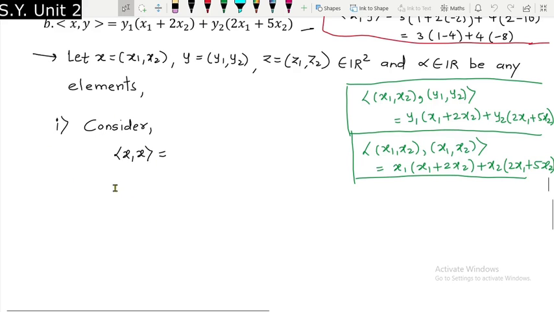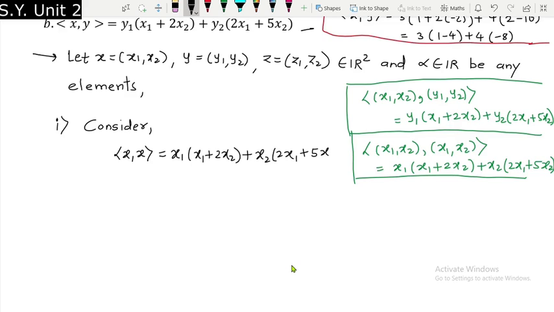Now over here I am considering the inner product of x with x, but my x is nothing but (x1, x2). Since this is how the inner product is defined, by using the definition I have found out the inner product of x with x, and it comes out to be somewhat like this. Over here I am having the y1, so therefore x1 will come here, and x1 plus twice x2 will be as it is, plus y2, so x2 will come here and 2x1 plus 5x2 as it is. Just I will write that term over here, and this is nothing but x1 times (x1 plus twice x2) plus x2 times (twice x1 plus 5x2).